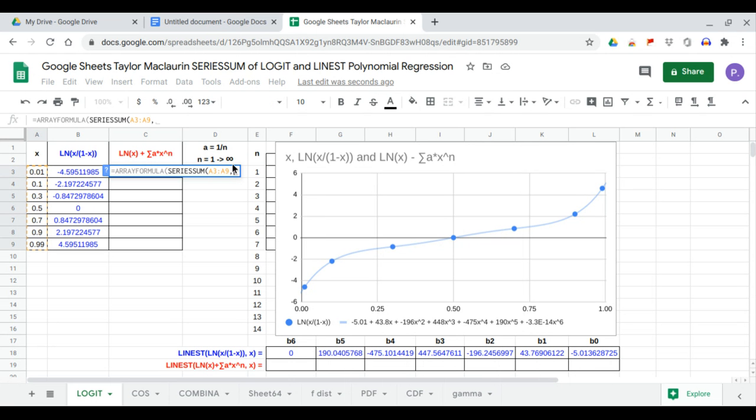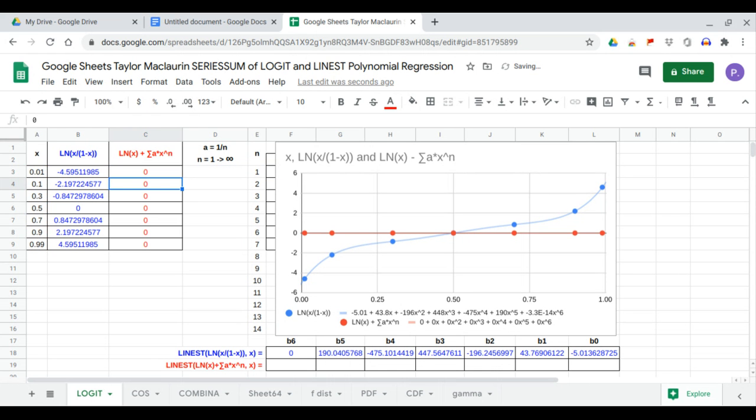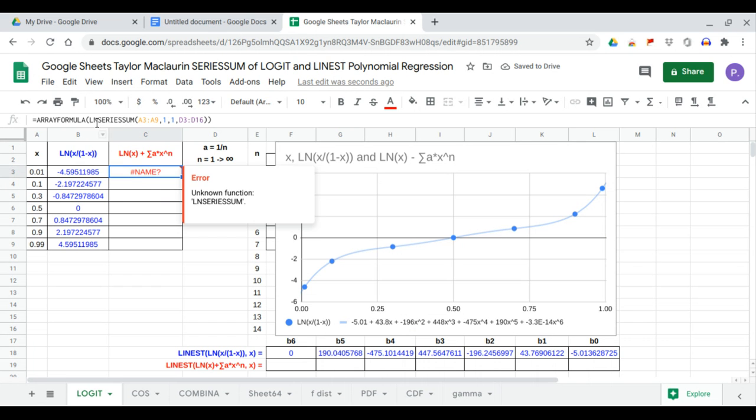Now our n is from 1 to infinity, so 1 and incremented by 1, and our coefficients will be that range. So we'll calculate the coefficients and also we'll factor in the ln x. So ln x, that's ln